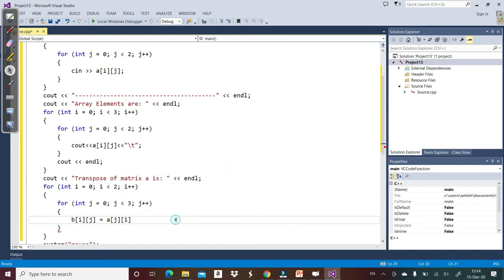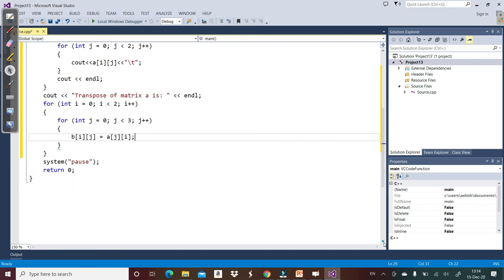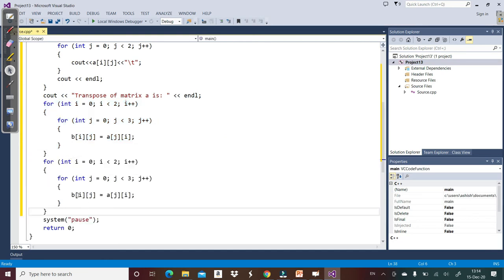So this is how we are going to assign the elements of matrix B. And now let's print this to check the output. So I will convert it, here I will write cout B[i][j], and put a tab here and endl here.